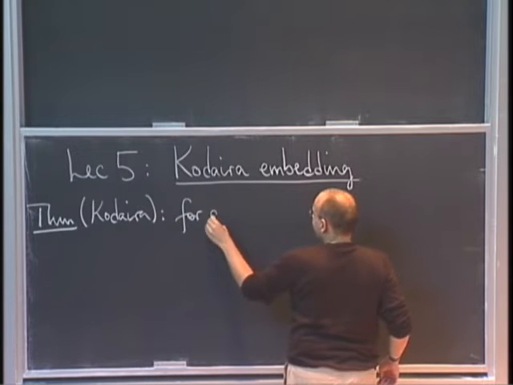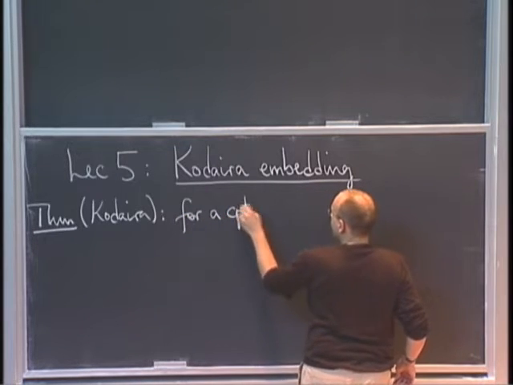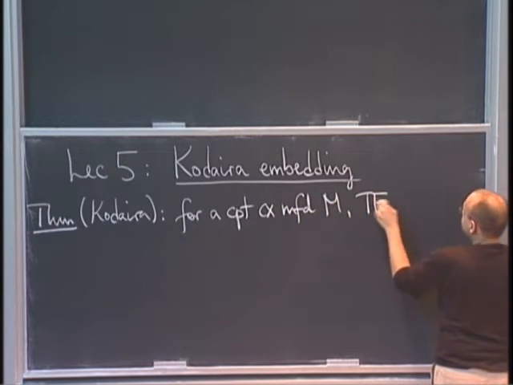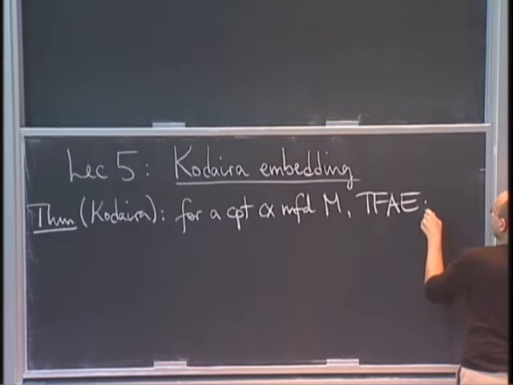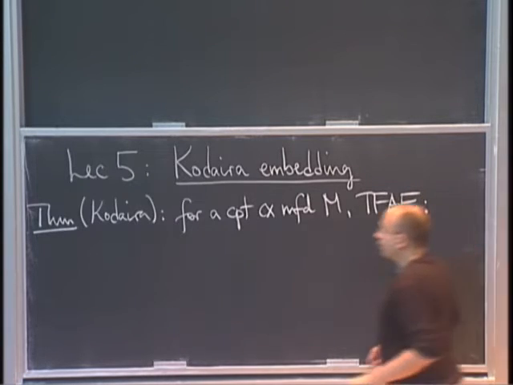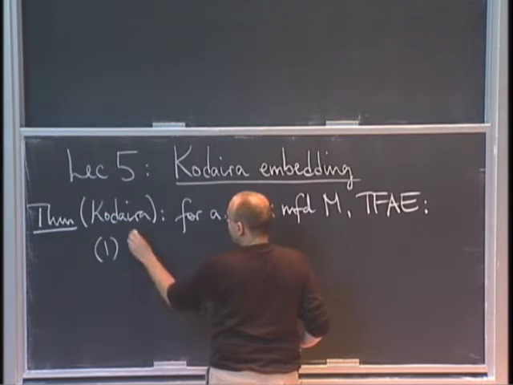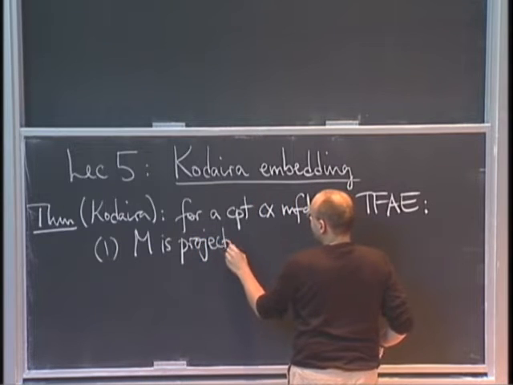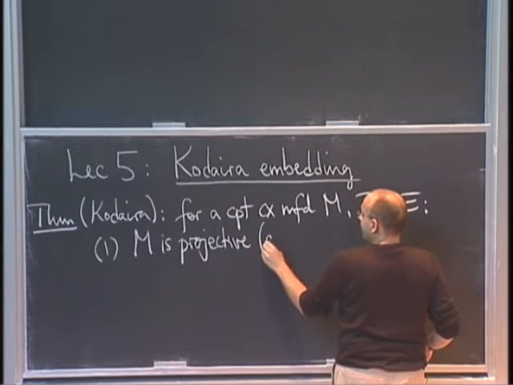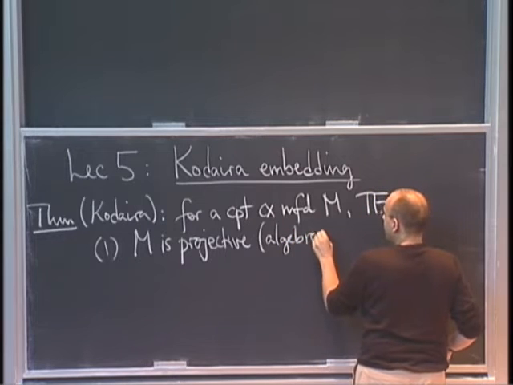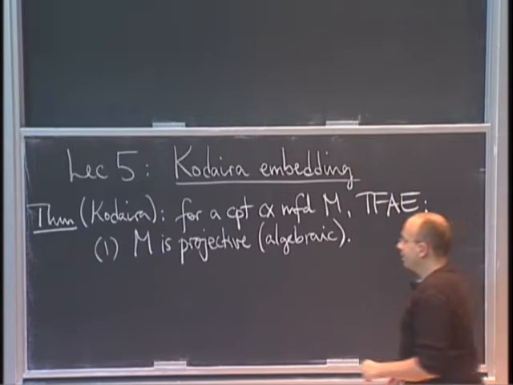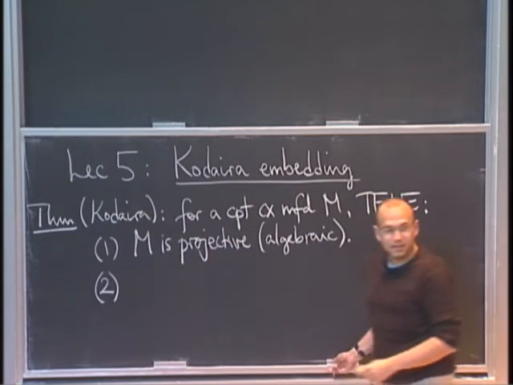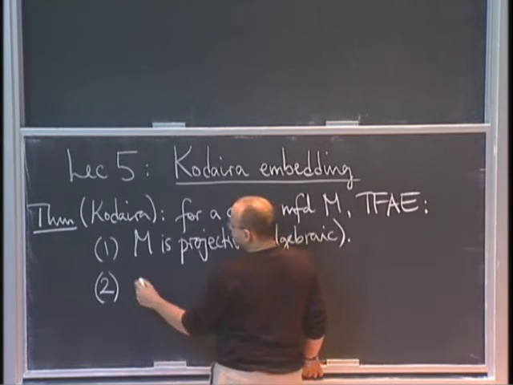So for a compact complex manifold M, the following are equivalent. First, that's the thing that we want, that M is projective. So it has a holomorphic embedding into projective space, or equivalently it's an algebraic manifold. And the second statement is, so that's going to be the criterion, that's hopefully checkable in a lot of cases,